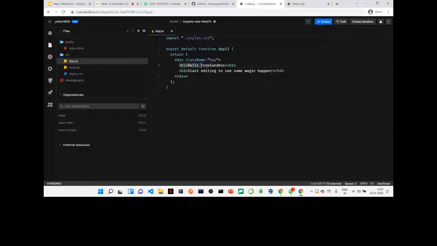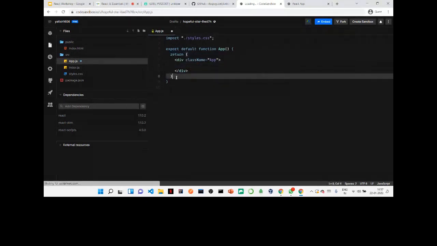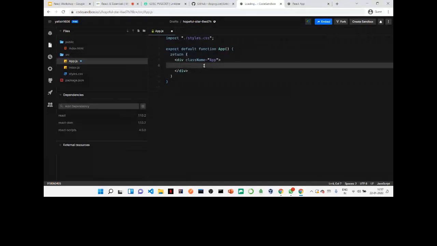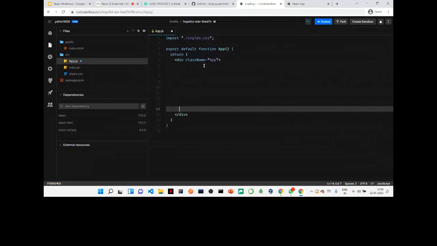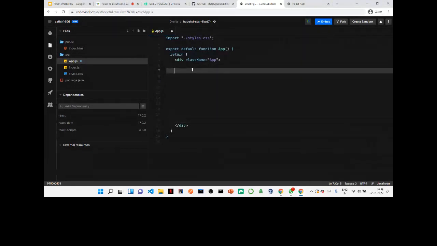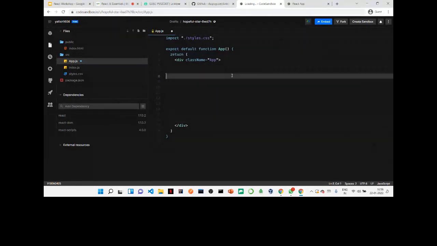And what I'm going to do is I'm going to take out these two lines and simply delete them. The reason I'm deleting it is because we simply don't need them, right? We need to build our own Linktree clone. I'm going to increase the spacing a bit in here so that we have a lot of space to write down our code. And once we are done with that,